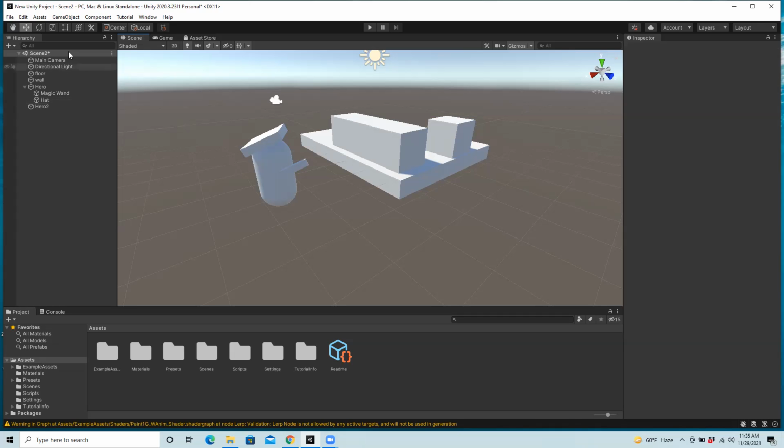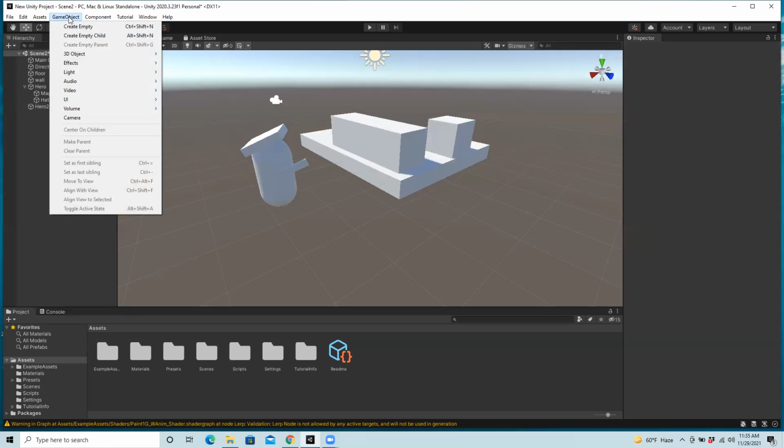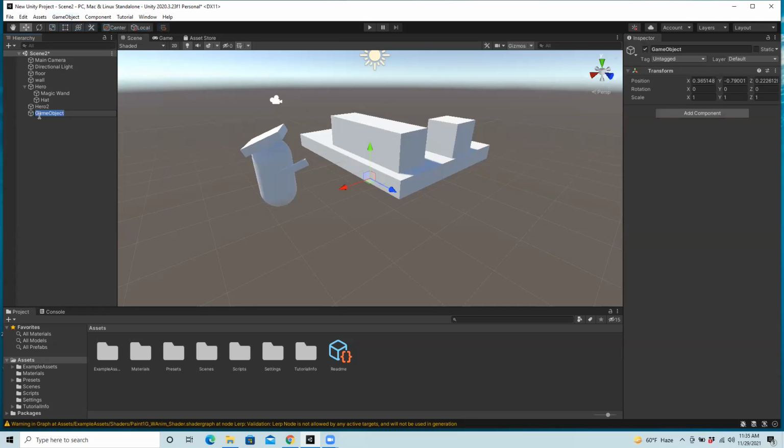So I'll show you another way to create parents: you can insert an empty game object. That might look funny to go game object, create empty, but you can think of it as sort of like an empty folder that you can add objects to as you go along. So I'm just going to do that. I'll hit create empty. You see an empty game object. All it has over here in terms of components is just transform. There's no appearance to it in a sense. But again, you can view it almost like a folder in a way to organize the hierarchy. So I'm just going to name that building,